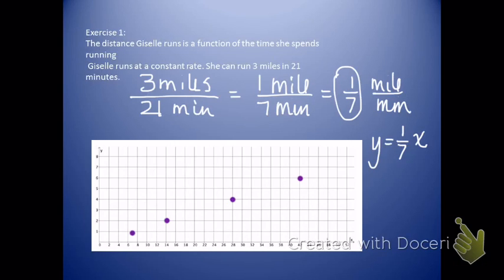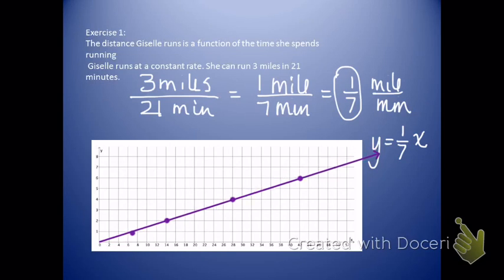So I can see that these points are forming a line, and I know that my inputs for this function are all the rational numbers along the x-axis. So I don't have to use whole numbers for x. So this is not a discrete function. It's more continuous. So I can go ahead and draw a line,